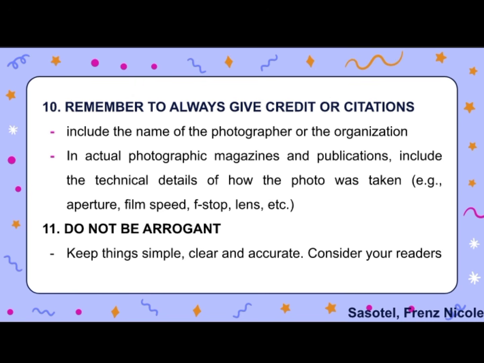Next is do not be arrogant. Arrogance in captions comes when the person writing the caption doesn't care about the reader and simply writes a caption that is easy at the moment of writing. This can also be considered being selfish, because the writer cares more about themselves than the reader who is trying to interpret what the photo and story are all about. This can also happen when a writer is trying to be fancy and try something new or clever. There is no need to get complicated. Just keep things simple, clear, and accurate.